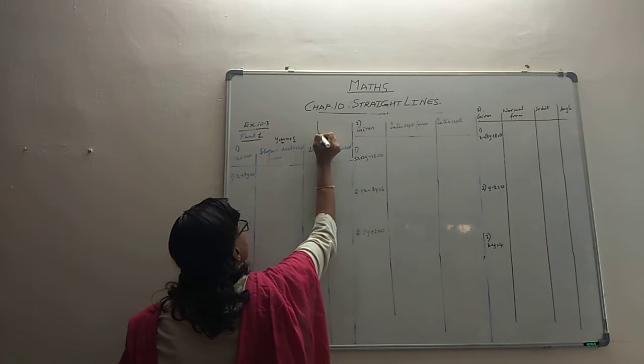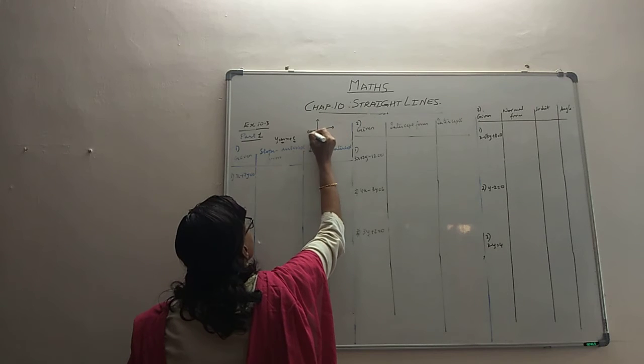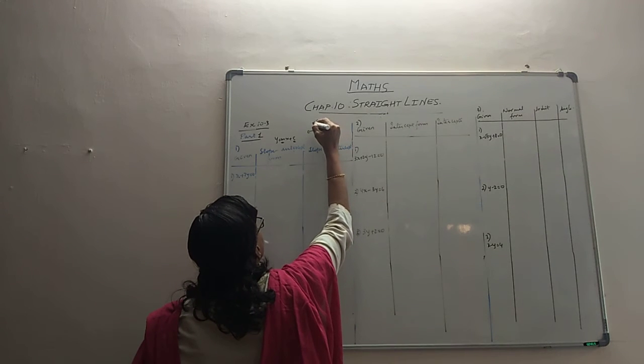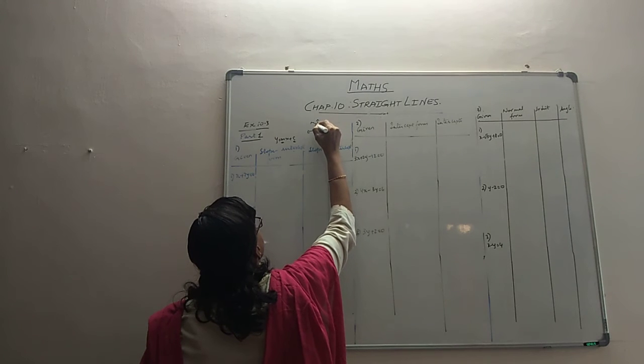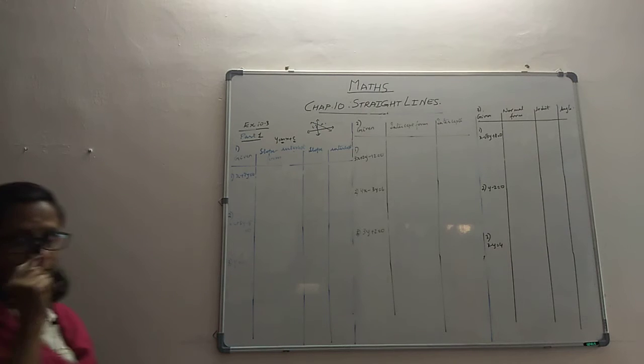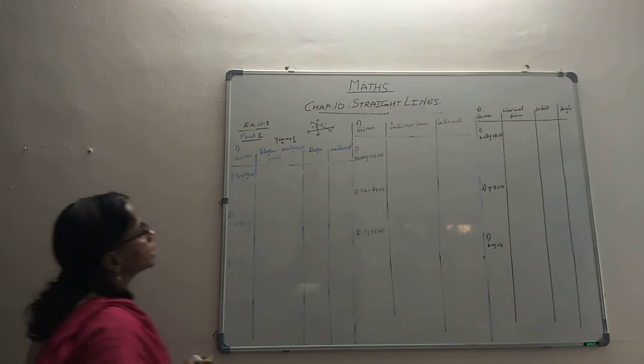It should be okay with us, but then generally what does it mean? It is something like this. Y equal to mx plus c means if this is a line, then this is the y intercept and the slope will be m. That's the meaning. Right, so let's see it right away.